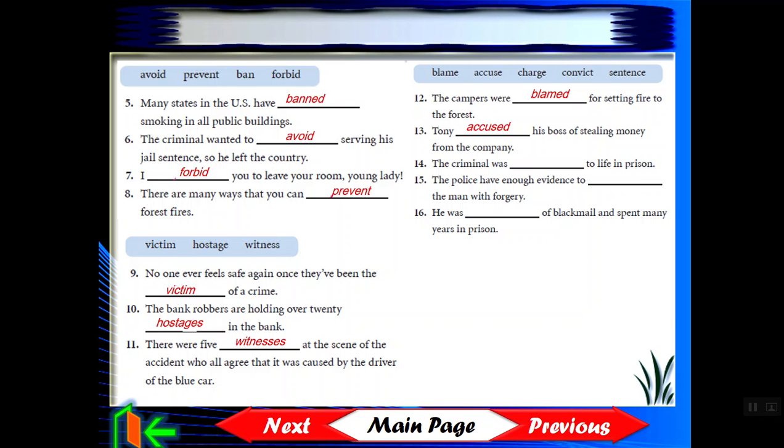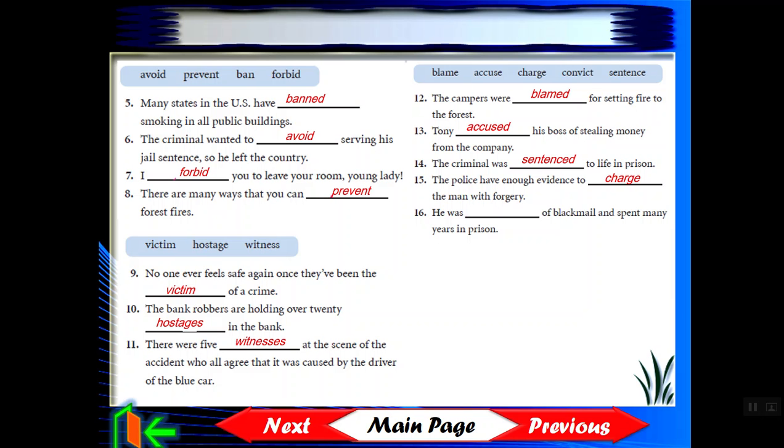Tony accused his boss of stealing money from the company, and the criminal was sentenced to life in prison. The criminal was sentenced. حكم مؤبد, to life. When it is life, sentenced to life means حكم مؤبد. In a prison, of course, في السجن. And number 15, charge. The police have enough evidence to charge يجرم the man with the forgery. Forgery, التزوير. And number 16, he